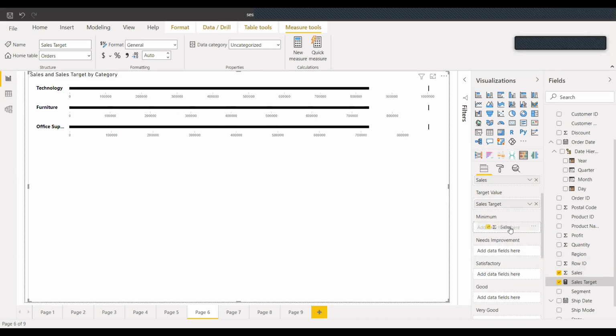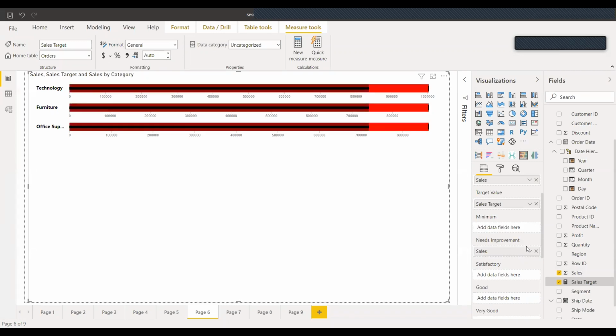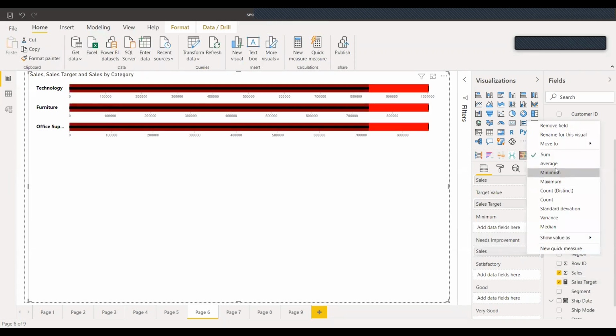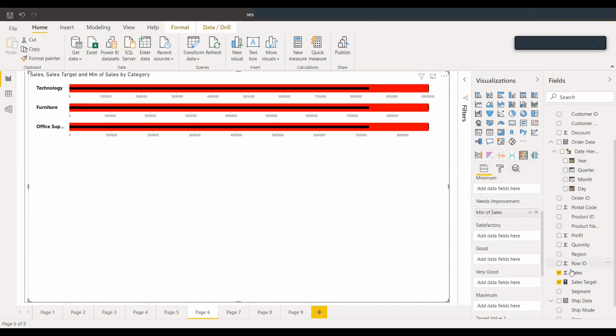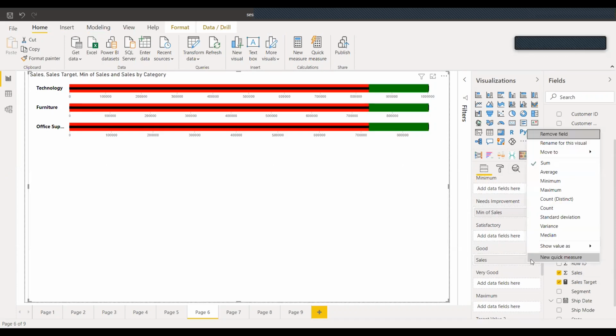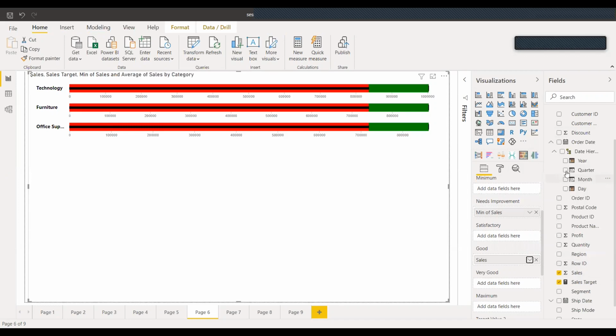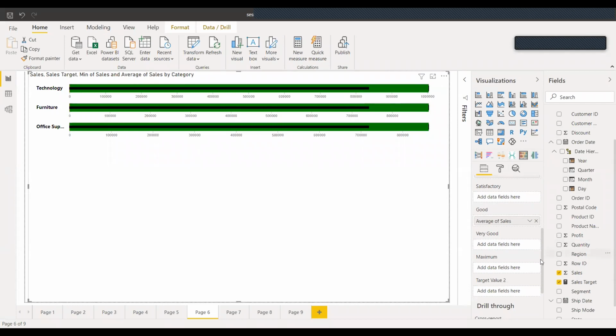For the time being, let's say for need improvement, I'm saying that minimum is need improvement, and then for good, let's say I will take the average. Our average is greater than our minimum, so that's why it turned green and our minimum has moved to almost 0. And if I talk about maximum,